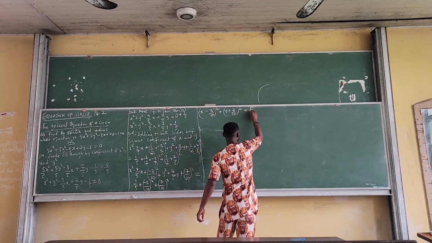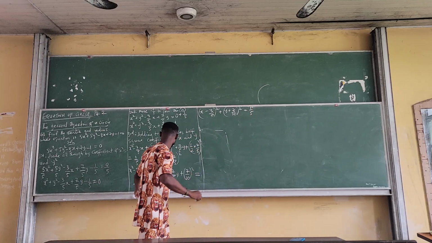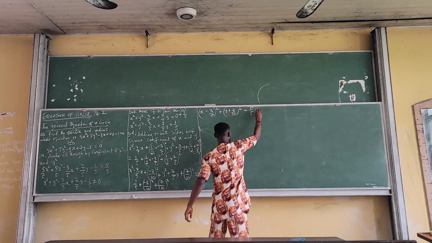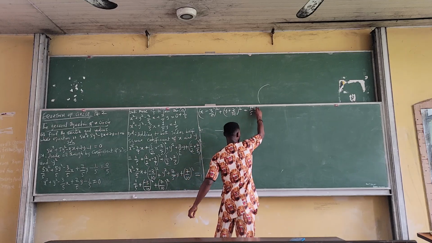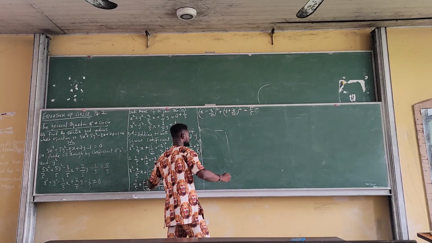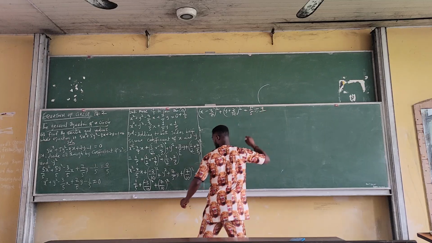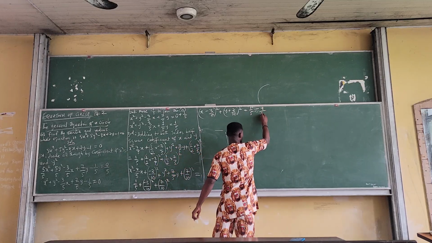So we have 1 over 5 plus, that plus times minus will give us minus 3 squared will give us 9 over 10 squared will give us 100